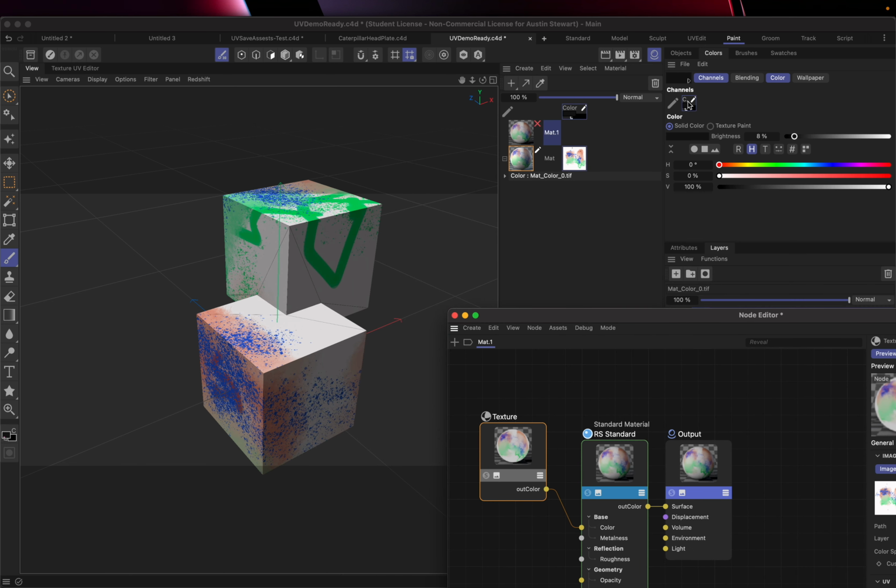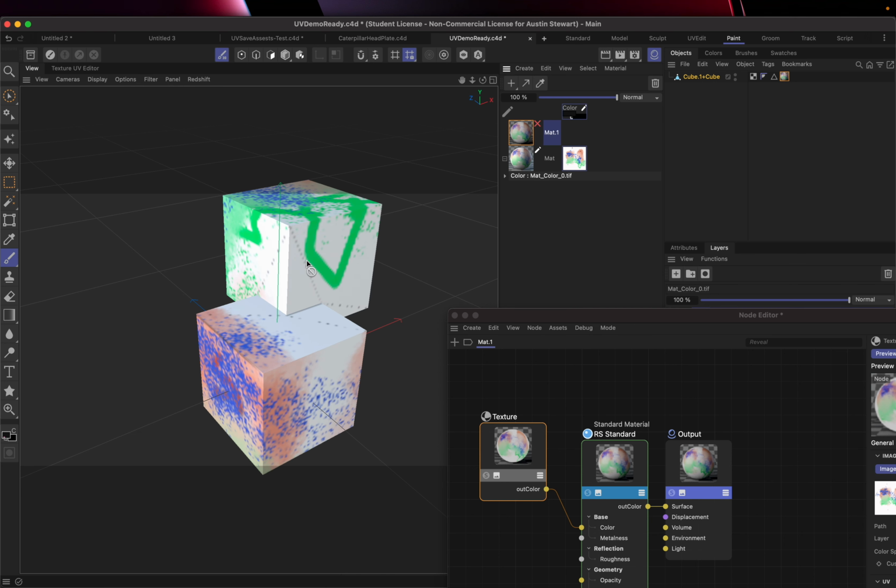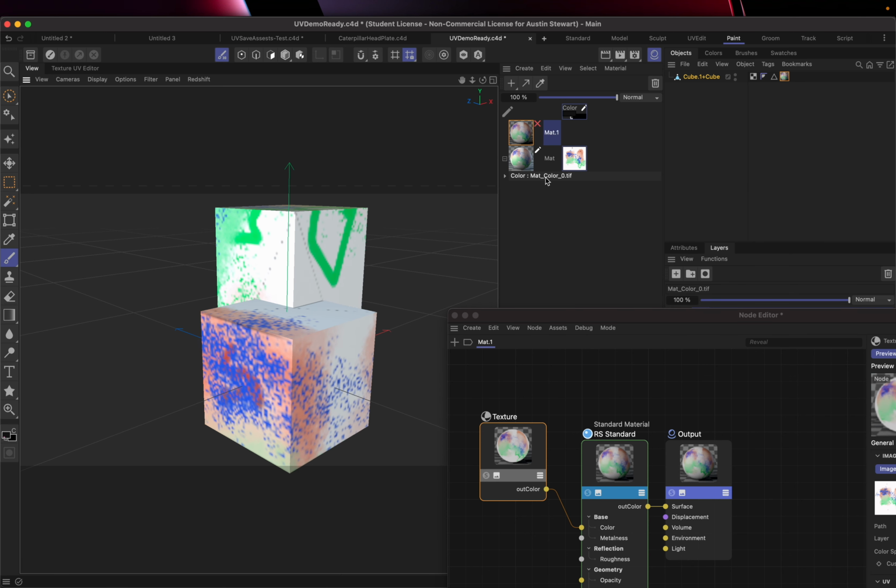There we go. And then if I go to my objects, I'm going to temporarily just delete the material off of here, the one that we've been editing, and I'm going to go ahead and drop the Redshift material on there. And you'll see it doesn't look quite so nice in the preview,